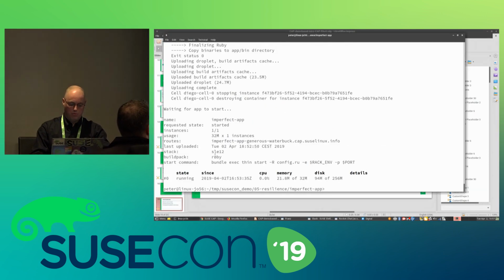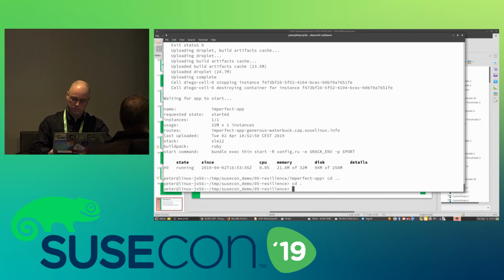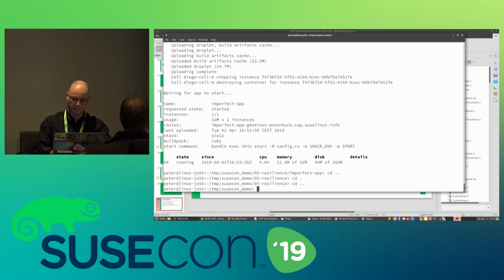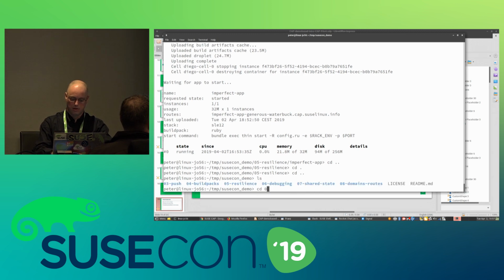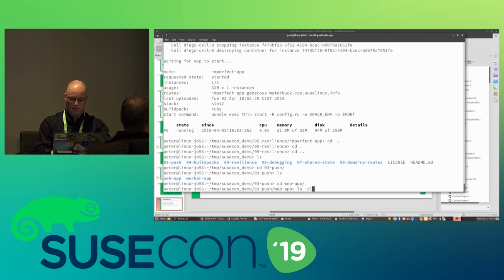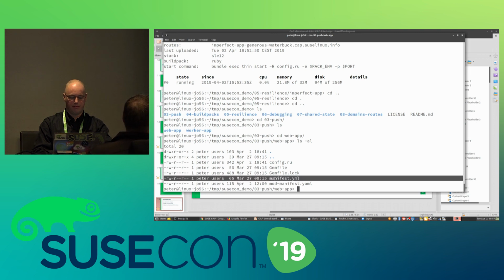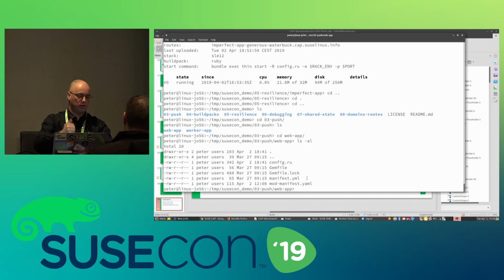So if I go into my, we have a super simple application here called Web App. And if you looked a little bit closer when I run some commands, we have a manifest that describes a little bit how it should be, what should happen when I run CF push, some definitions.